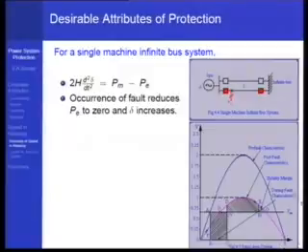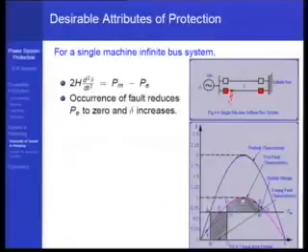At this point here, the fault is cleared, this particular line trips, and therefore with only one line in service, the P delta characteristic is given by this particular trajectory, and once the fault is cleared, the angle jumps onto this particular trajectory. So the trajectory now comes onto this violet segment, and now PE is greater than PM, so